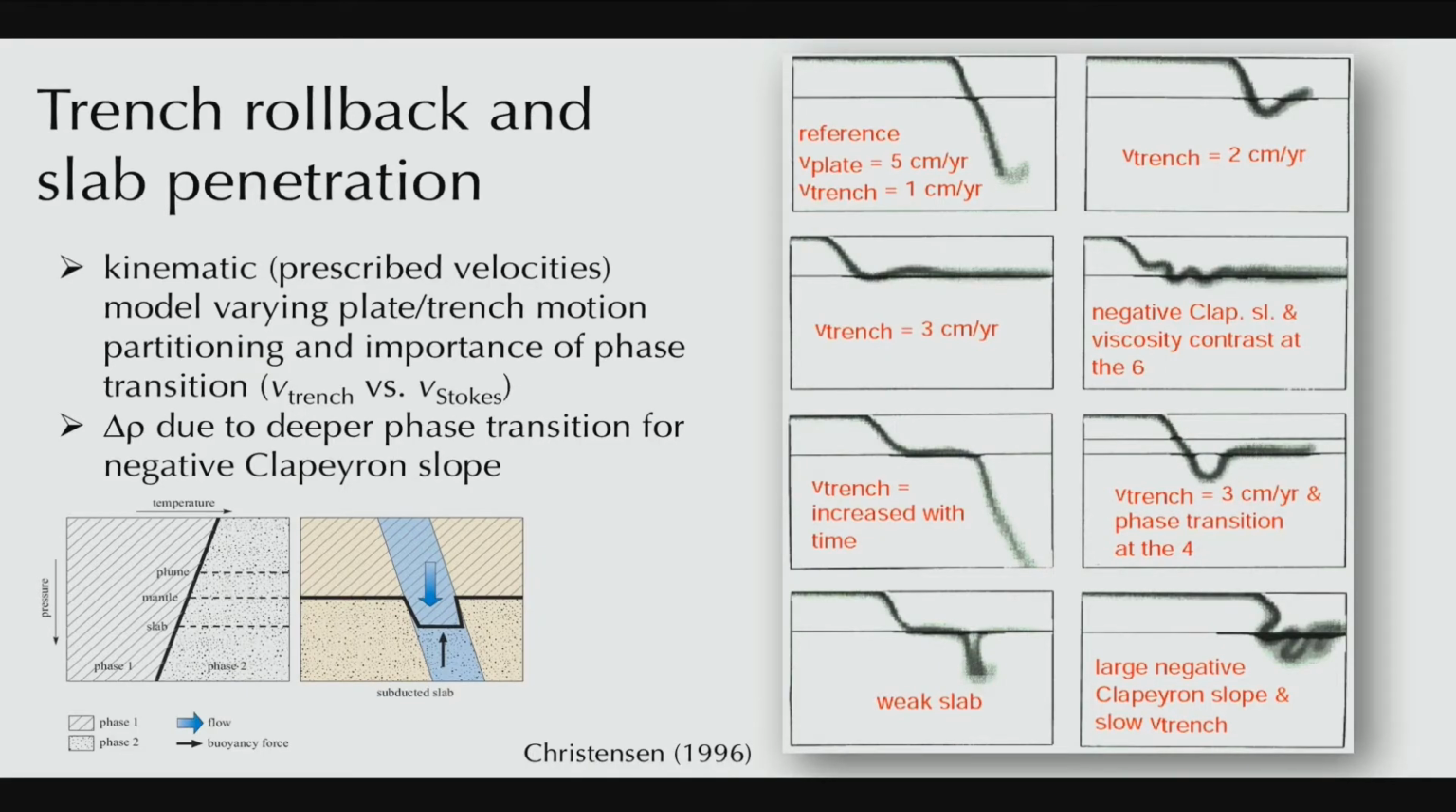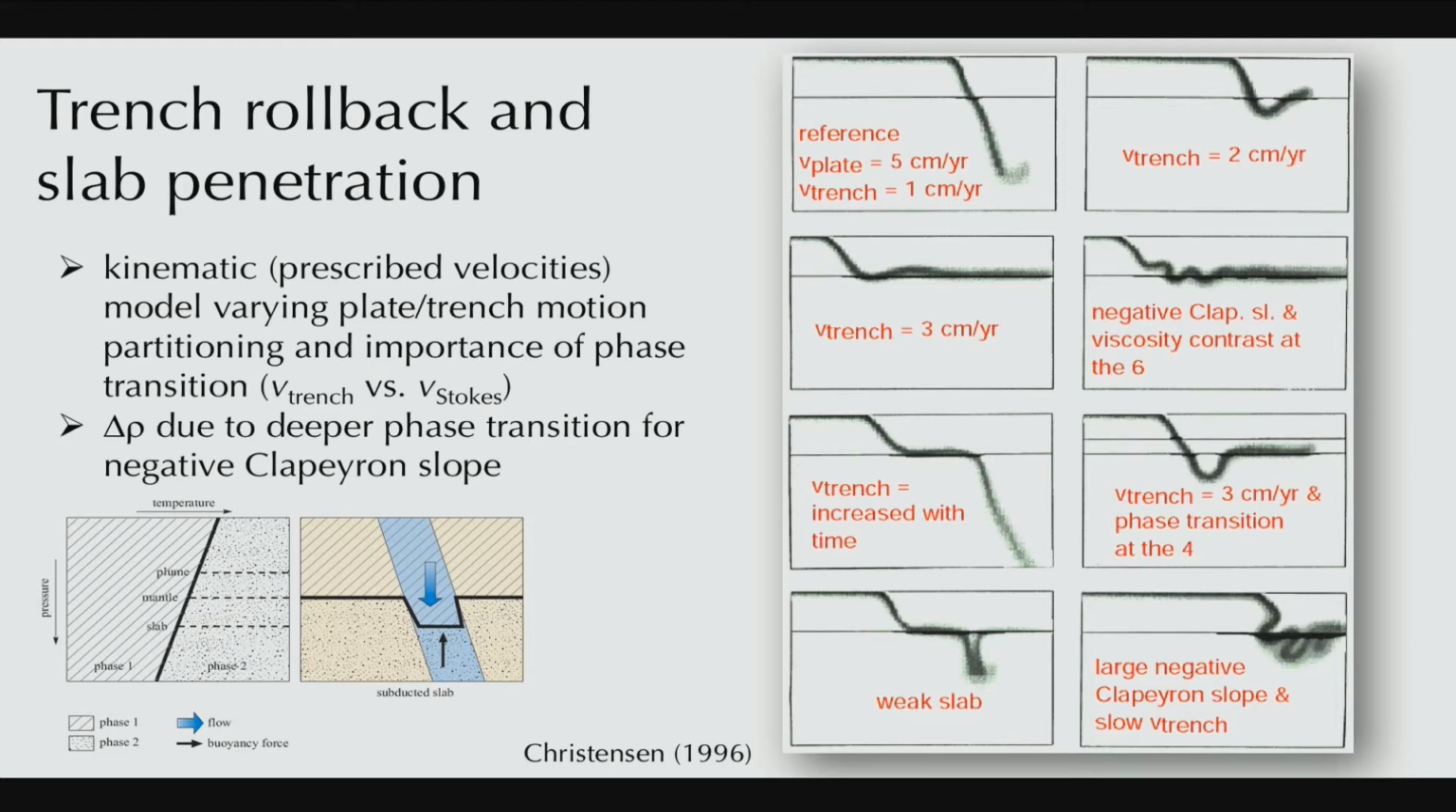And so there's a long history of these models, and here's some seminal work by Uli Christensen showing you, for example, when you push things and the slab goes through 660, then the behavior as to penetration through 660 or as to ponding on the 660 phase transition is very much controlled by the trench motion, which is fast here and which is slow in this case. Another important control is what is happening at the phase transition. And the main effect here is that if you have a phase transition, you go from lower to higher density,